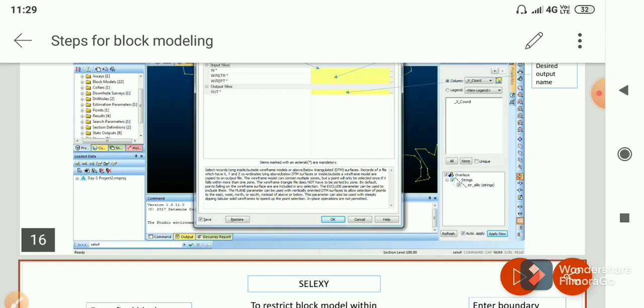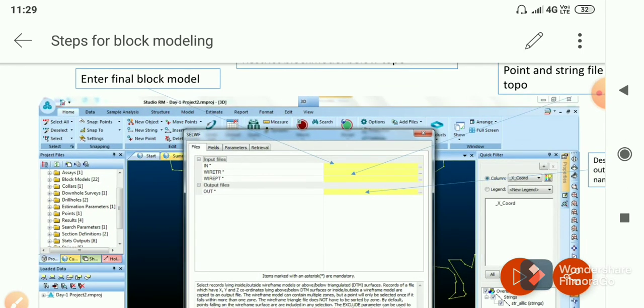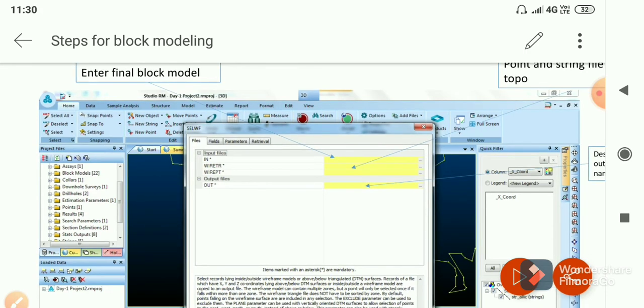In cell wf, in the field we will give the final block model 2, by TR will be the topo TR, by PT the point file of the topo TR, and in output we will give an output file name like final model 2 dash topo.